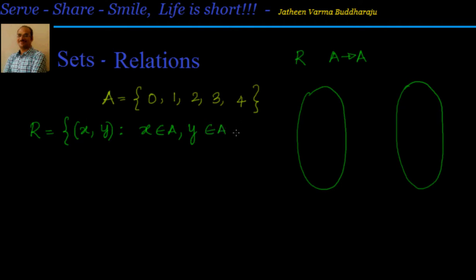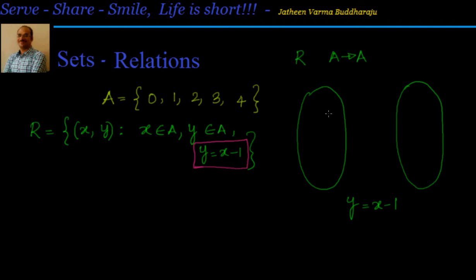This will give you the cross product, but we have something more. What is that? The relation we want to have. Suppose I want to have the relation y equal to x minus 1. So I will say y equal to x minus 1. This additional constraint, or the relation, will restrict the elements so that we do not have all of the Cartesian product, but only the elements which satisfy this relationship.